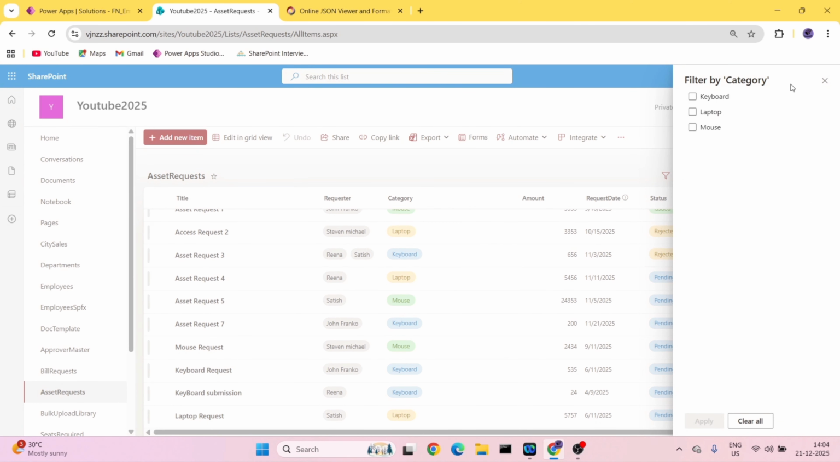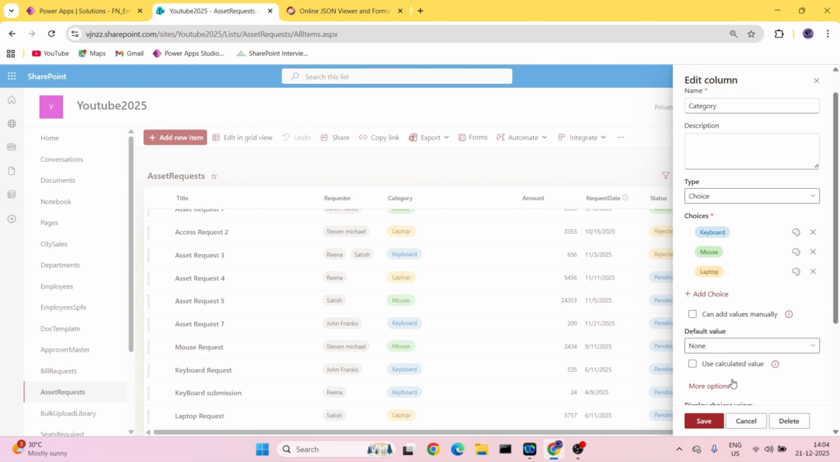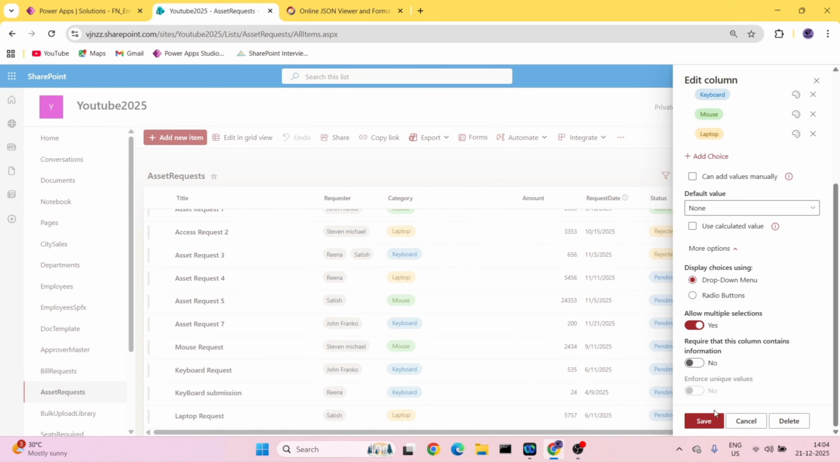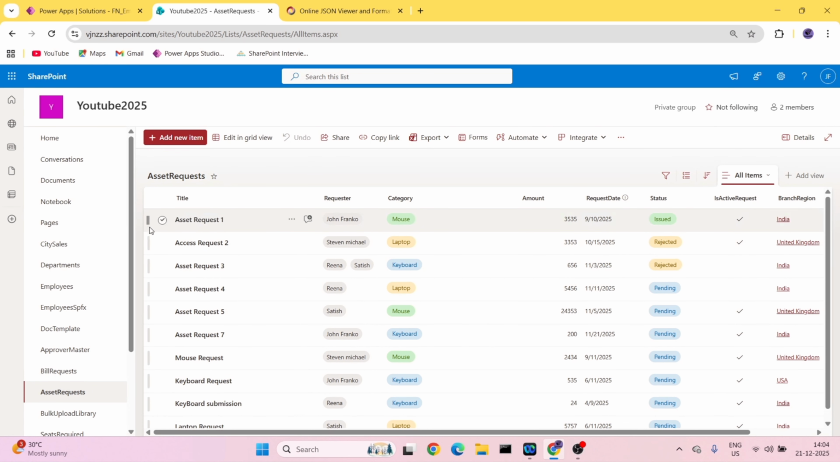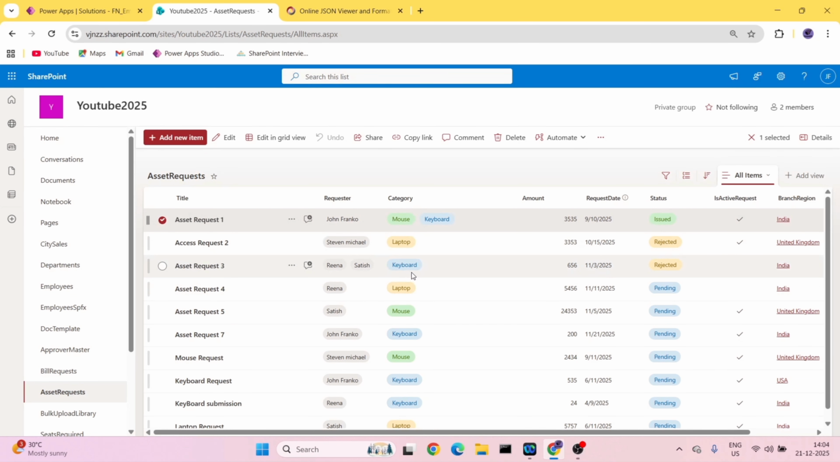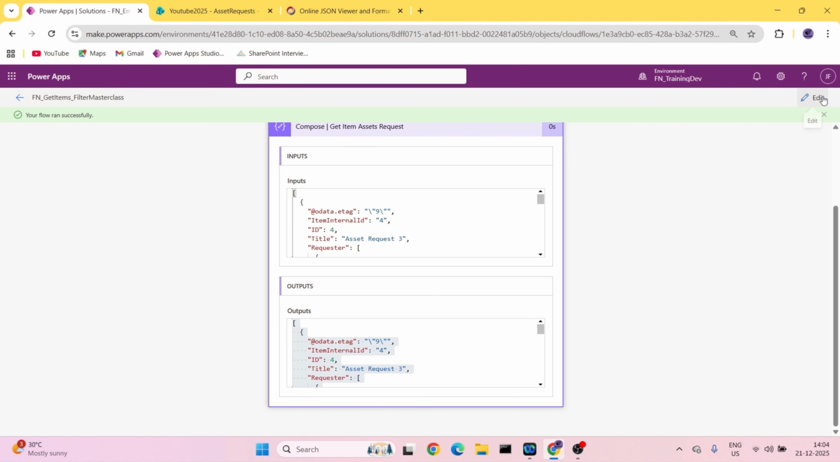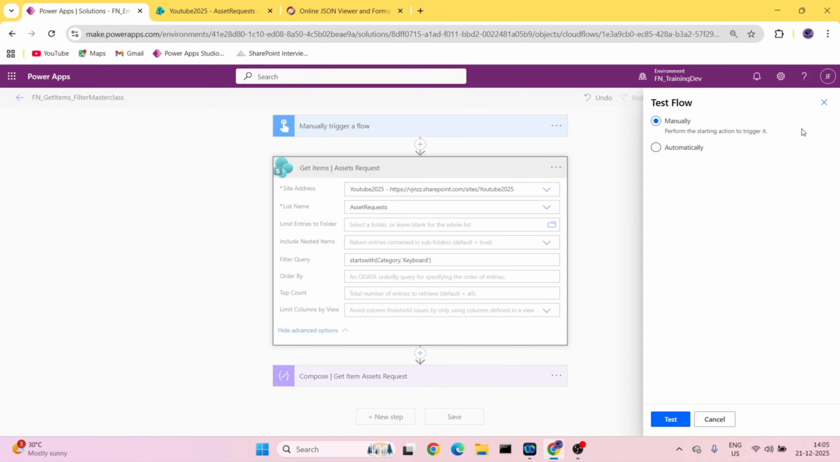What I will do, I will do the column setting. I will edit this and I will do it as a allow multi select, yeah, multi selection. And here what I will do first is mouse, right? I will add the keyboard here and I will save it. So I have mouse, keyboard, and everything. Because I'm using starts with, I should get data like four set of rows only. I shouldn't be getting this because it is not starts with keyboard, it starts with mouse, and the second value is keyboard. If I test it,